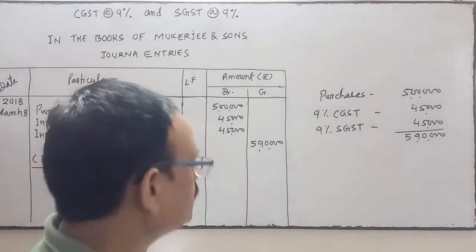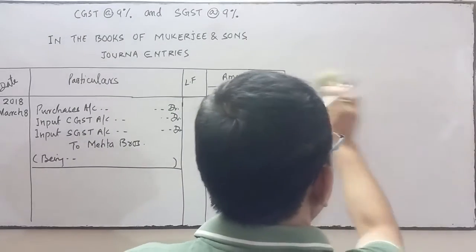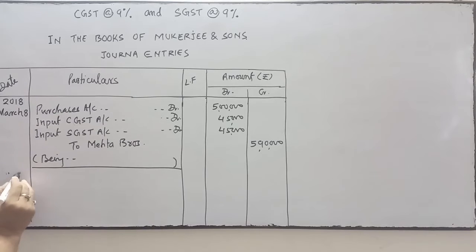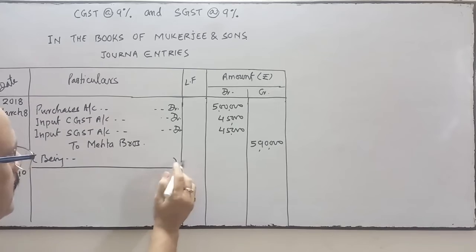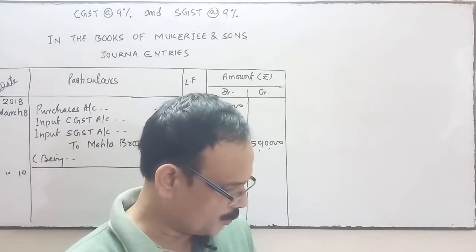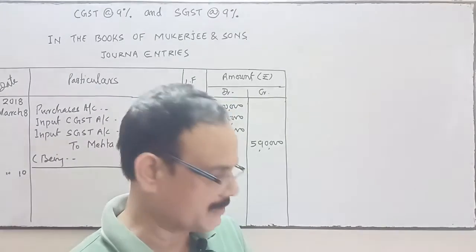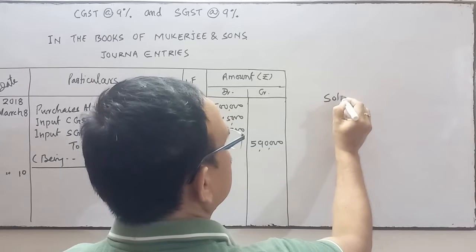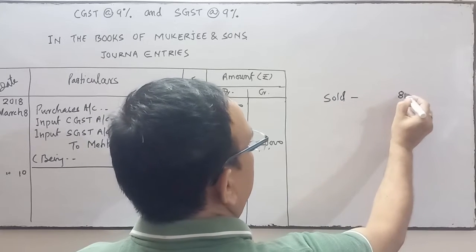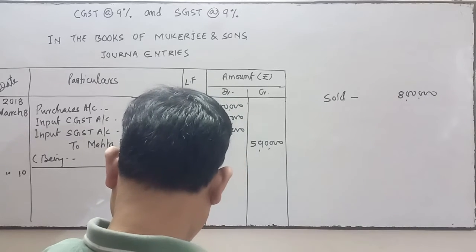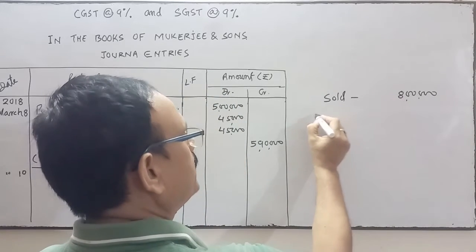Next date is March 10. The transaction is sold goods for rupees 8 lakhs to Munjal and Company. We have sold goods to Munjal and Company for rupees 8 lakhs, so we'll again add